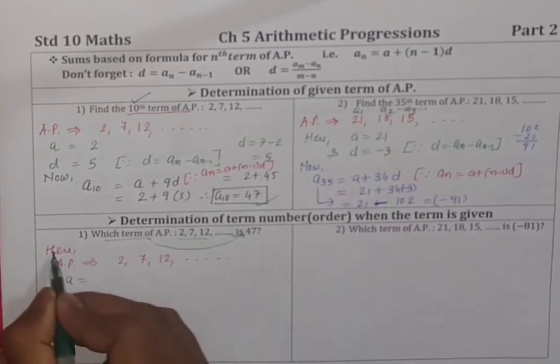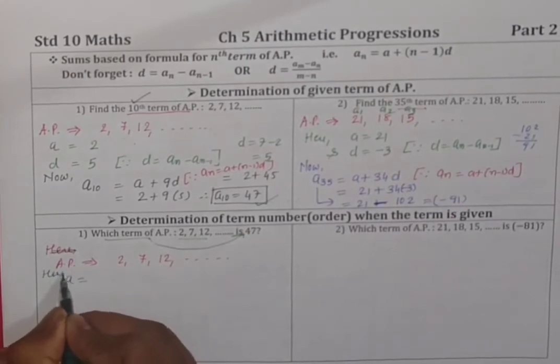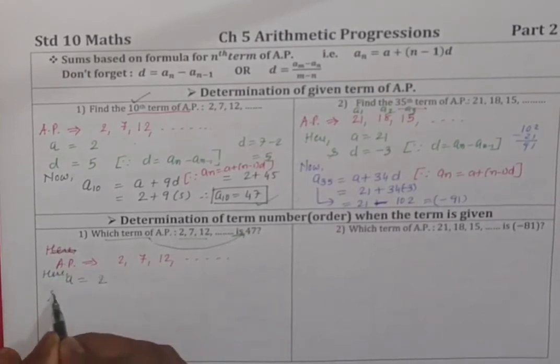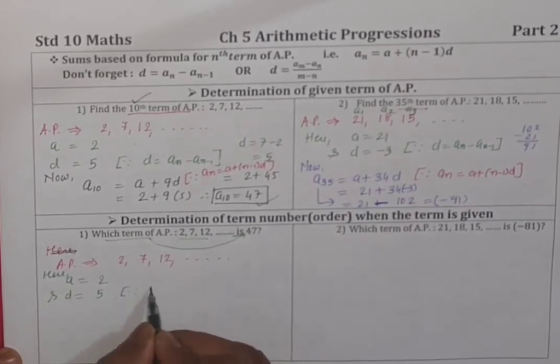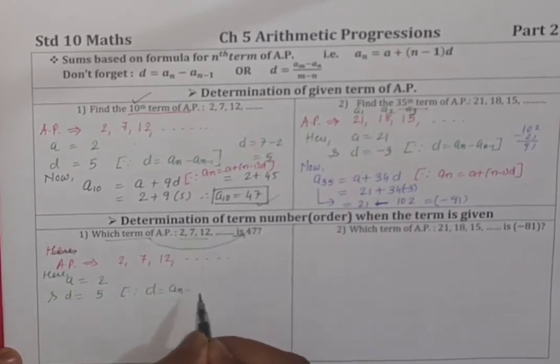A इज इक्वल टू 2 एंड D इज इक्वल टू 7 minus 2, that is 5. रीजन लिखेंगे बिकॉज D is AN minus AN minus 1. ऑलराइट,